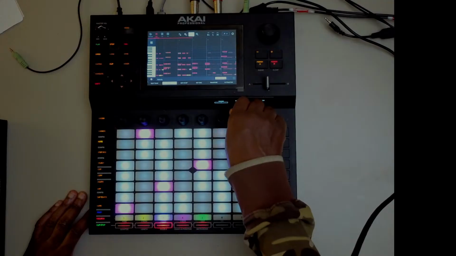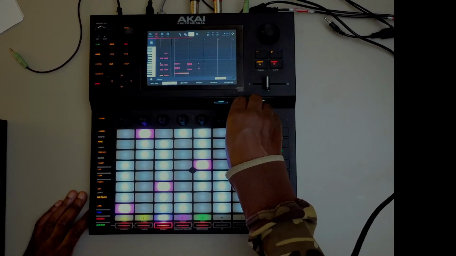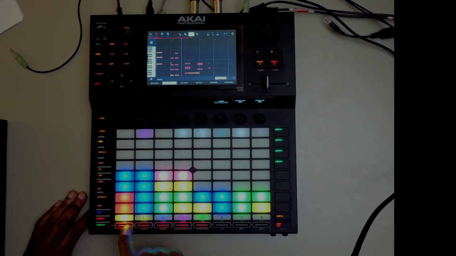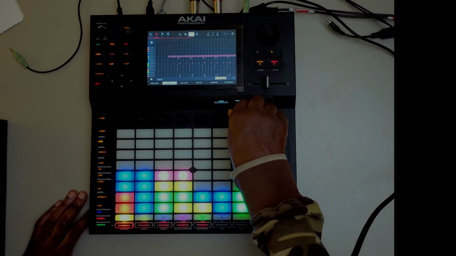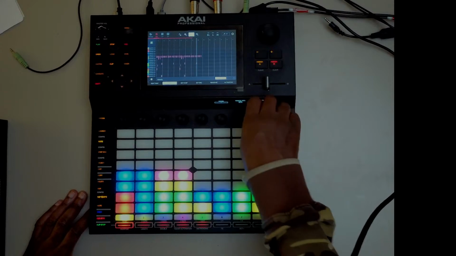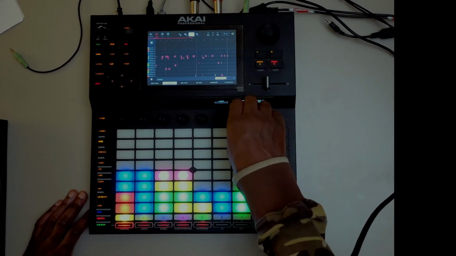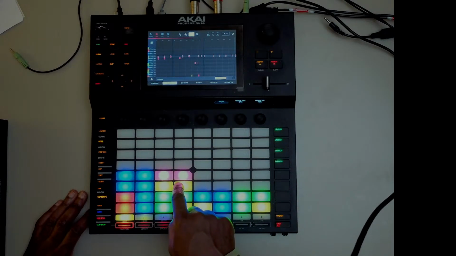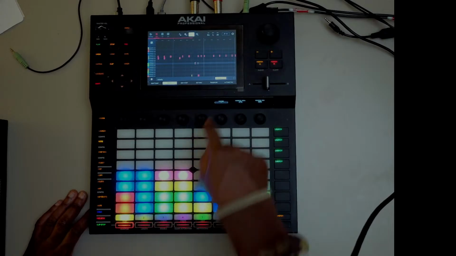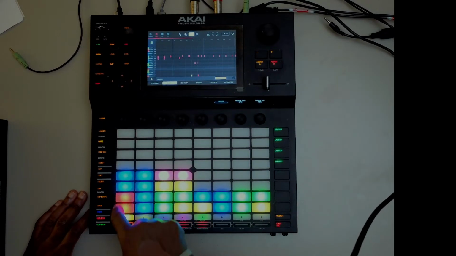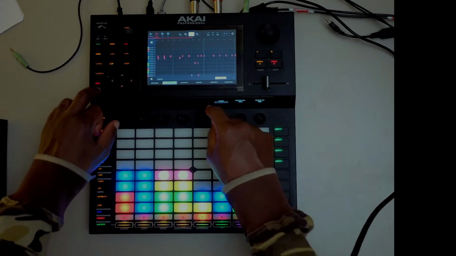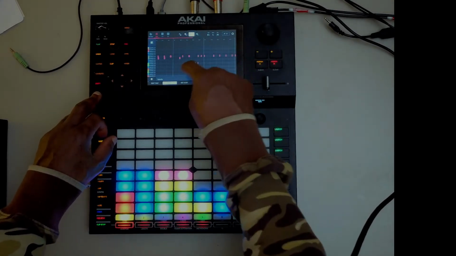So let me scroll across so that I'm in the area that I want to be, and then, oh, the piano is fine. I want to keep the piano there. I want to get rid of the drums. So again, move across, zoom in, and one of these is a crash, so I can find out which one that is. So I'll keep that on and get rid of the snare. I'll get rid of the kicks from there. So select them. Oh, deselect, because I only want them.